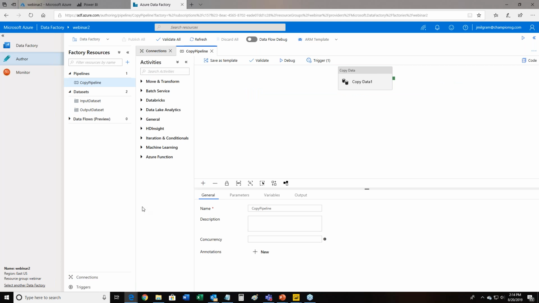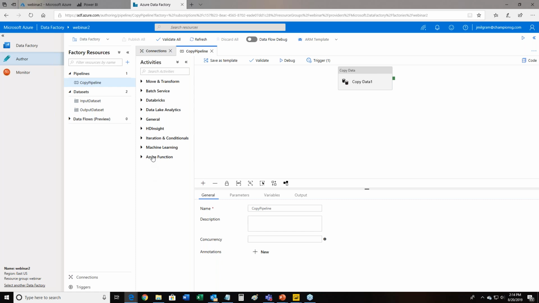And I have a very simple copy data pipeline. It takes data from one endpoint, and I'm not doing any transformation of the data, I'm just copying it to another endpoint. Very basic demo, but as you can see from these activities, you can keep it super simple, but there is functionality to allow you to accomplish any need that you have.